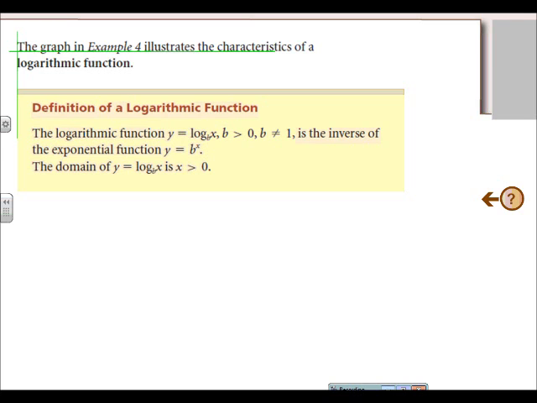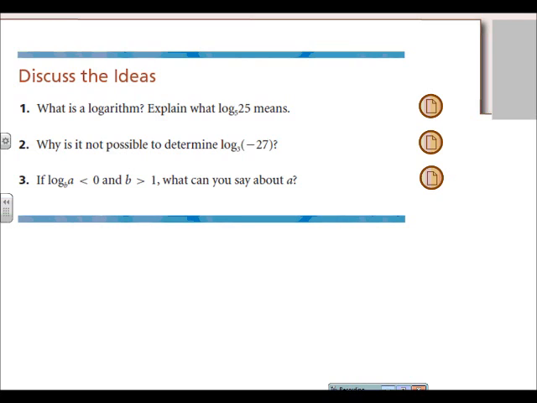And all these properties here that we just went through from the graph are going to be represented in all of them, all the way through. It is the inverse of the exponential function. And again, answer your last 3 questions for yourself to see if you